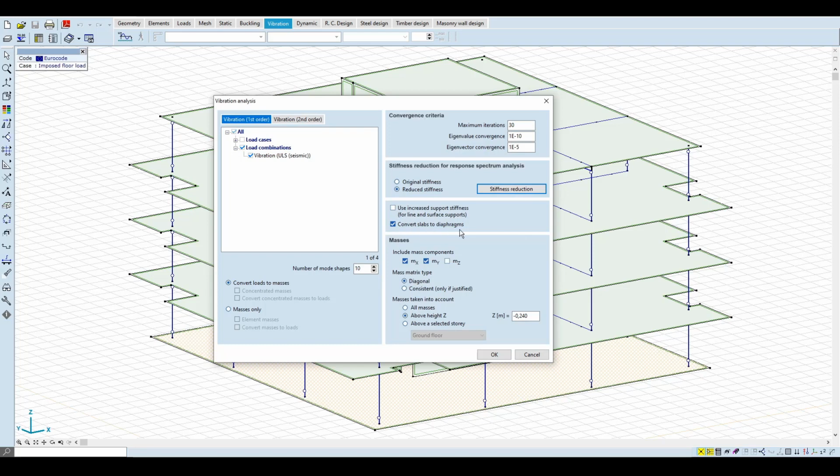Converting slabs to diaphragms greatly speeds up the calculation. Whether the slab actually acts as a diaphragm can be checked by a simple deformation test of the slab according to Eurocode. If we calculate the slab as a real deformable shell, we never make a mistake with it, but we have to take into account the higher computational capacity and time. For buildings, except for some unusual cases, it is sufficient to consider the masses in the x and y directions.